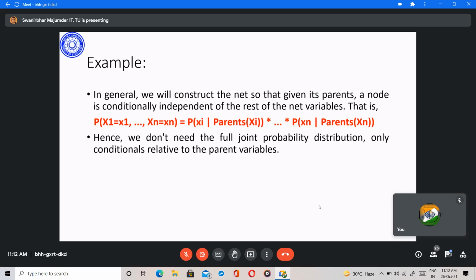Okay, so I'll be discussing one of the examples tomorrow. I'll be taking a problem domain and I'll be discussing that. So up to this,